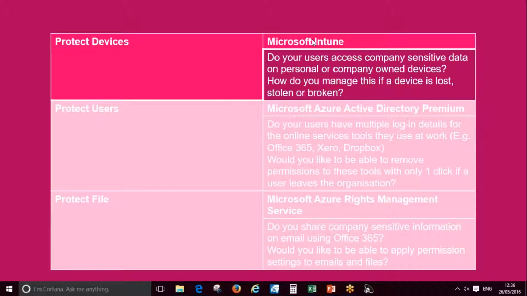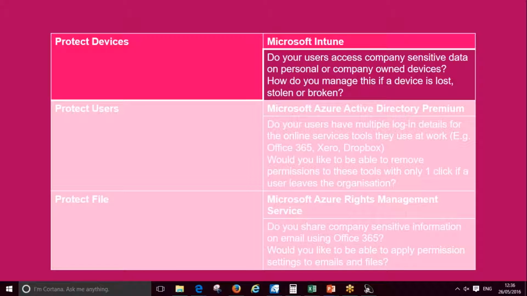Now, what we recommend, and this is in line with what Microsoft recommend, is that if it's a business device owned by the business, you can manage that device in its entirety. So if it gets lost, you can wipe it from one single place. If you want to see where that user is, and this obviously needs the permission of the end user and the employee, you can track the device. If you want to see the frequency of calls and texts, you can do that with simple pieces of software. The one we're talking about today is Microsoft Intune, part of Microsoft Mobility Suite.